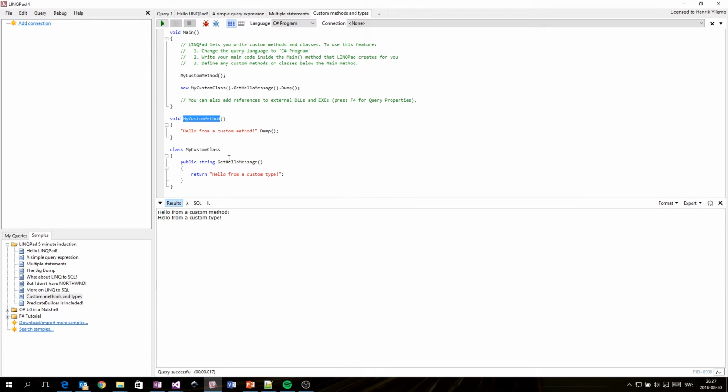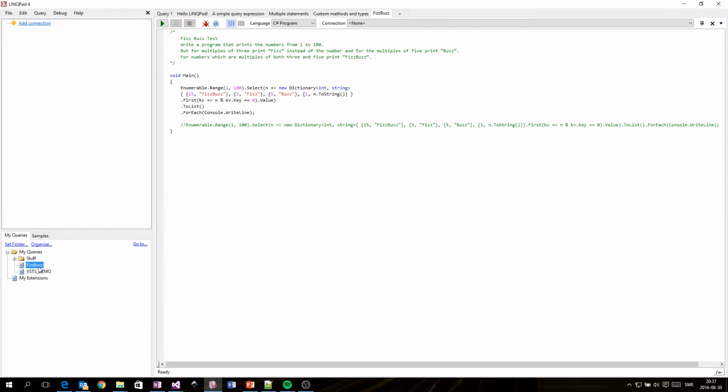So from there, I just wanted to point you to my queries here. I have this little demo of FizzBuzz that I wanted to show you guys. FizzBuzz is the little test that has sometimes been done. I don't think they do it much nowadays, but it was something they did back in the day when they wanted to know the skills of the programmer, and they asked the programmer, can you write me a program that